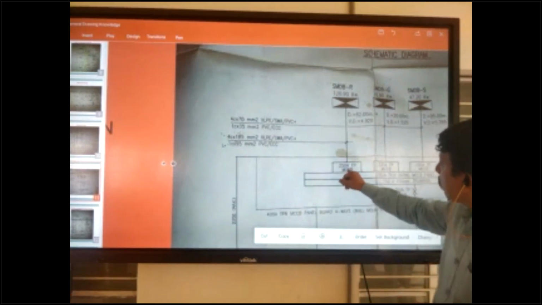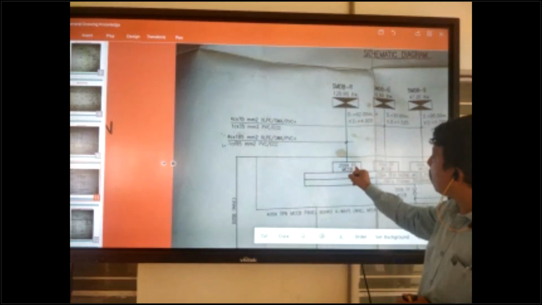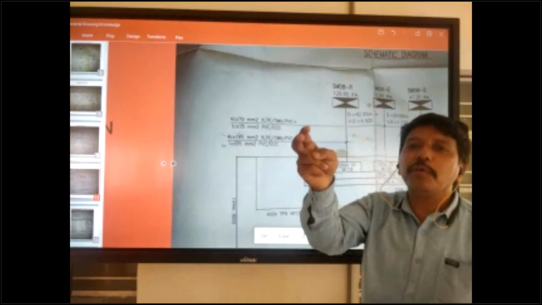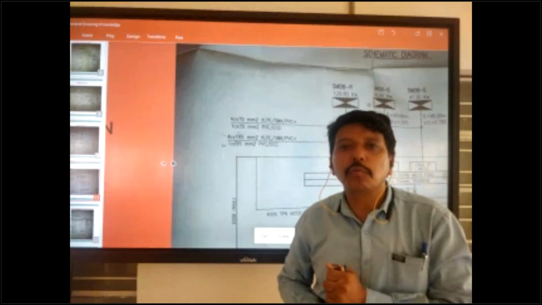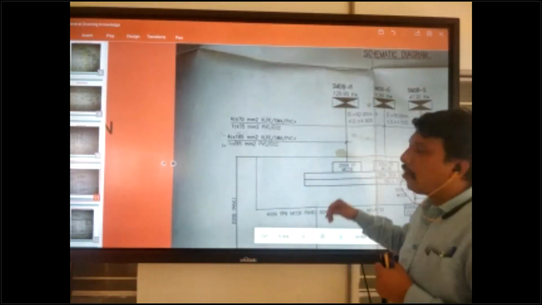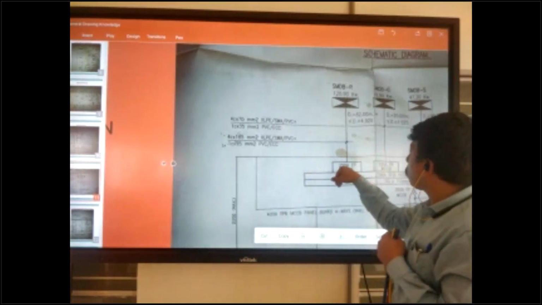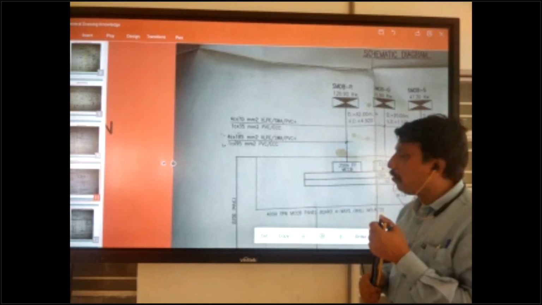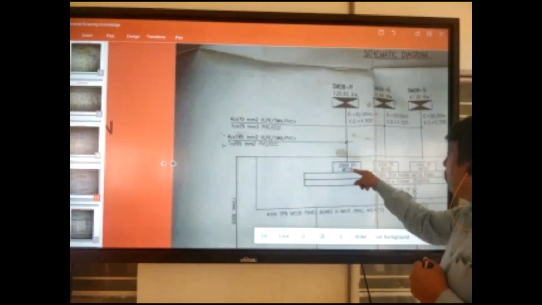So this is for the main incomer in SMDB, 250 ampere TP MCCB. So in SMDB or MDB we use MCCB, but in DB, distribution board, we use only MCB, miniature circuit breaker. MCCB means moulded case circuit breaker. This is big size and big ampere, 250 ampere, okay? And always coming in TP, triple pole.